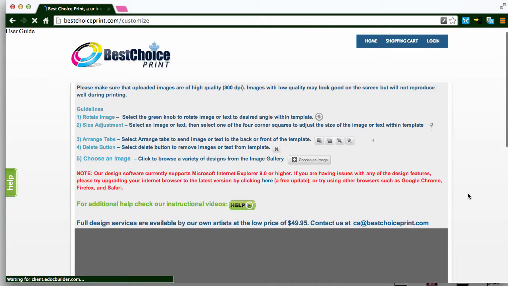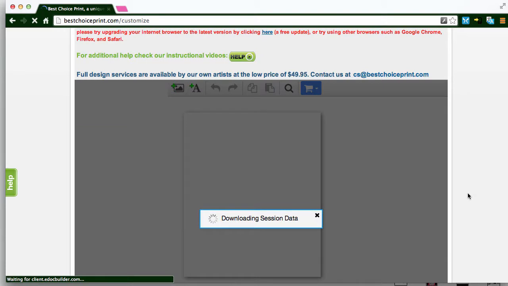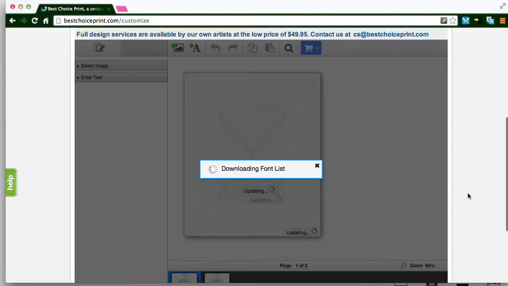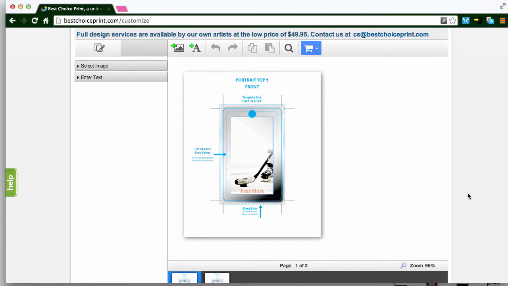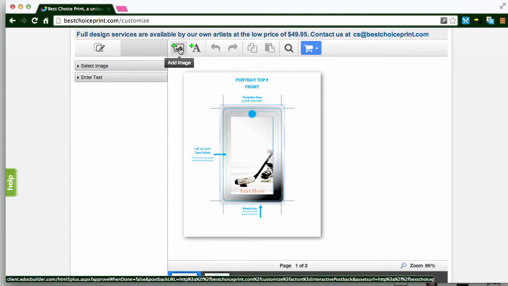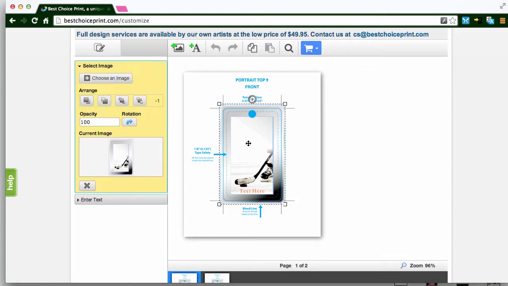And then the template will be loading. We'll just get to it shortly. There are a lot of new features on the Best Choice Print templates, and in this tutorial I'll be going over them, and hopefully you can utilize these new features in your design. So let's look at these two buttons here with the green plus signs. You can add an image or add text, and for the sake of this tutorial I'm just gonna go ahead